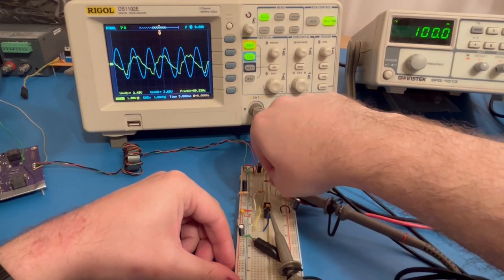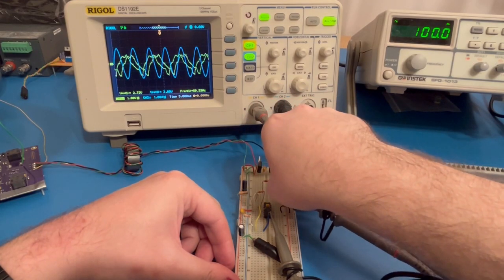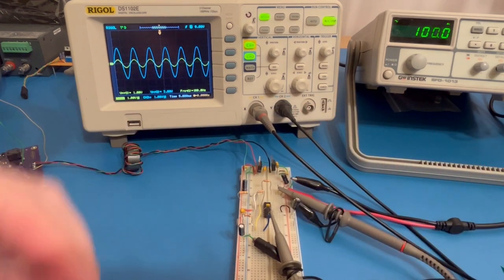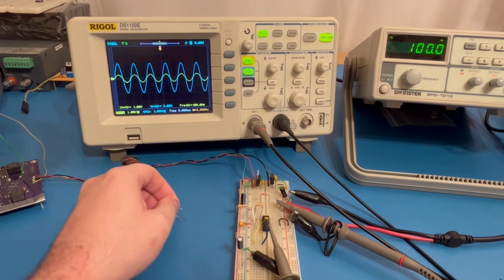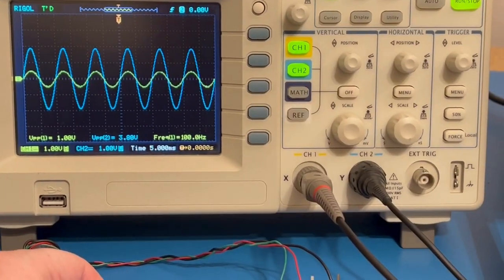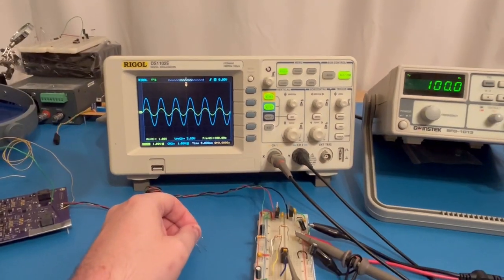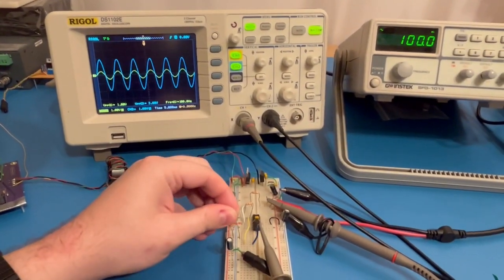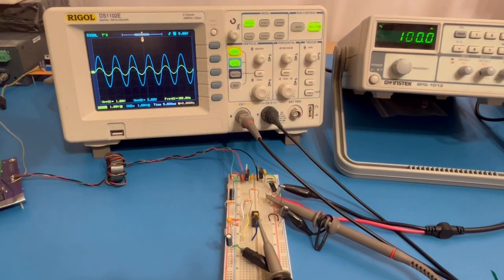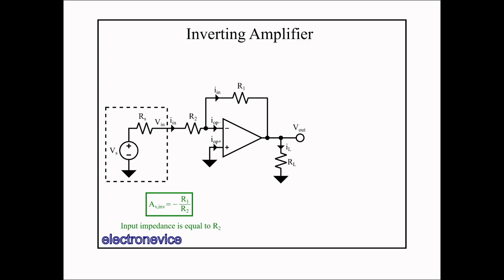Moving the scope probe position back to where it was before, we now test what happens if we unload the output of the op-amp to see what kind of output impedance it has. And as we expect, the voltage output does not change. So the LM324 behavior appears to match up fairly well with the ideal non-inverting op-amp circuit, with our spot check test at 100 Hz. Now we move on to the inverting amplifier configuration.